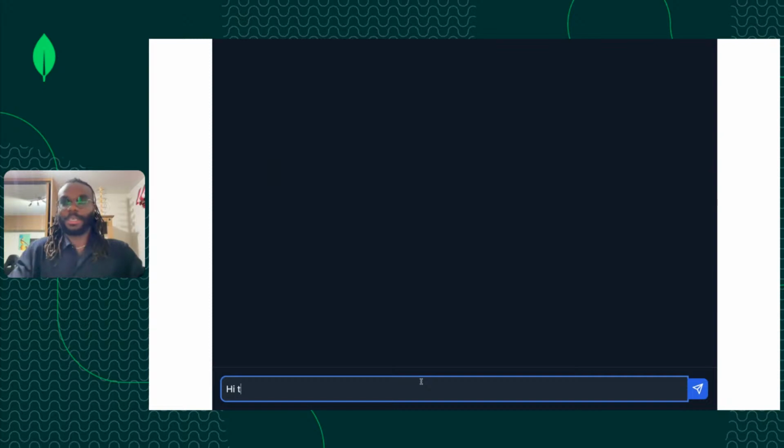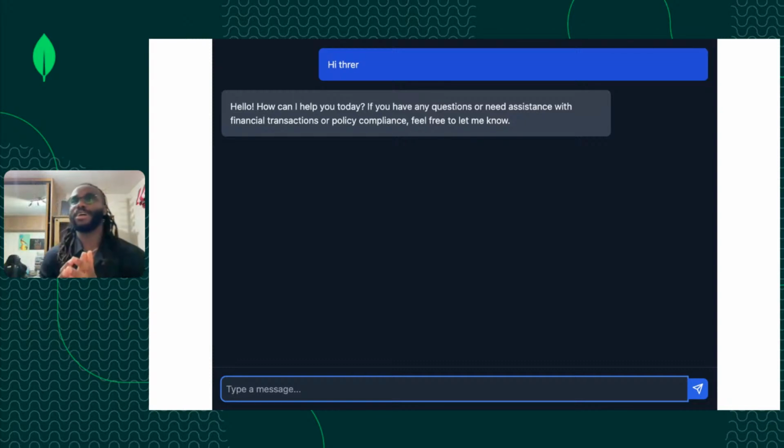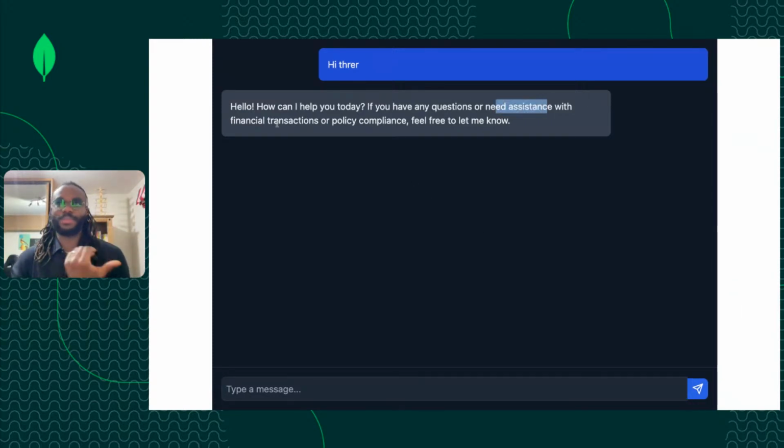This LLM chatbot has essentially been conditioned by prompting to answer questions around financial transactions and policy compliance. That's why it keeps saying, hey, if you need any assistance with financial transaction or policy compliance,